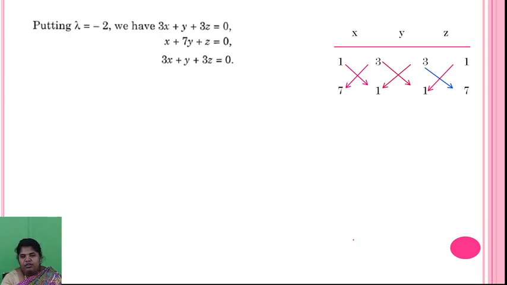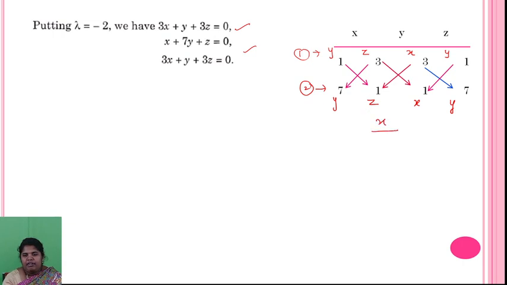Now we want to solve for the values of x, y and z. Take equations 1 and 2. Write the coefficients starting from the second variable. In the first equation, the coefficient of y is 1, so write the coefficient of y here, then the coefficient of z, again the coefficient of x, coefficient of y. This is from equation 1. Now from equation 2, write the coefficients of y, z, x, y, so you should write 7, 1, 1, 7, and take the cross multiplication.